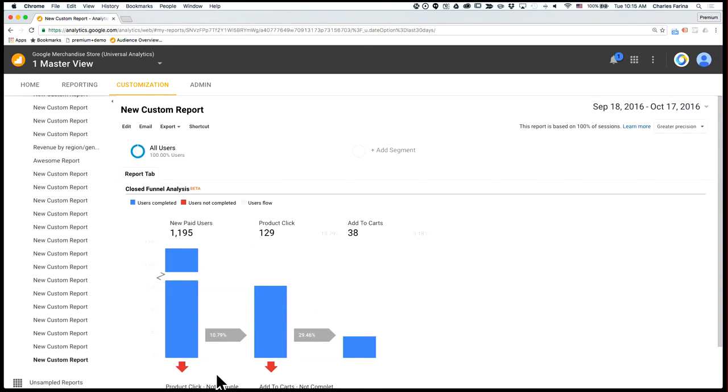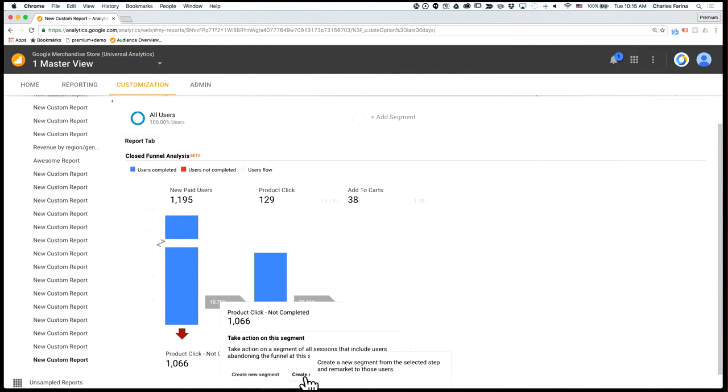Yeah, I think that's a really important point. We've had goal funnels in Google Analytics for a long time, but they've always been the kind that you have to set up and then start collecting data, so they're not retroactive. They also are limited to certain hit types, and custom funnels kind of blows them out of the water by opening up the hit types and also making them very retroactive. And the best part, we're going to get into this next, but these funnels also integrate with